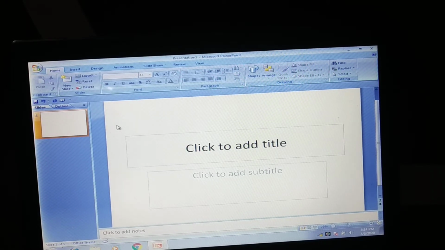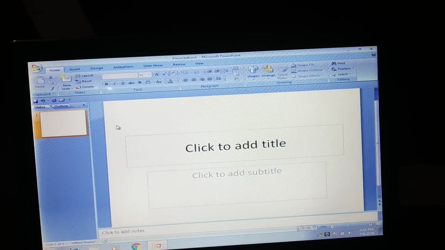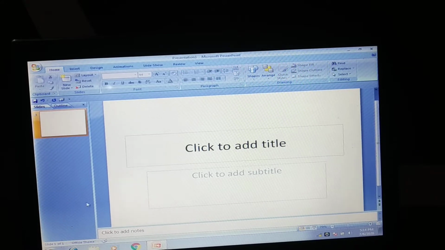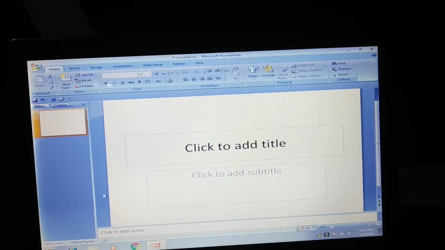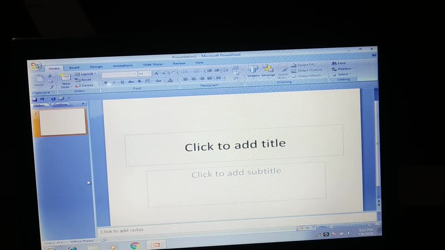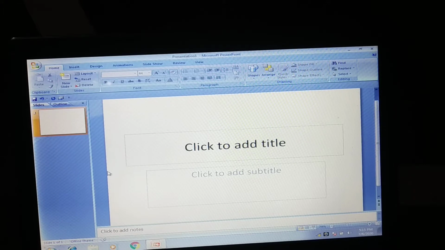Today I will show you applying theme on a new presentation. Now see, theme includes a combination of colors, fonts, means writing style, and graphics and other elements.